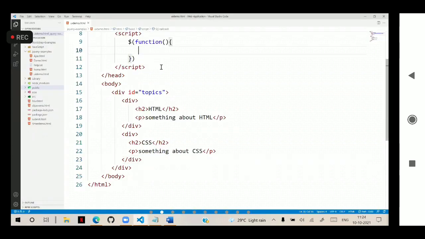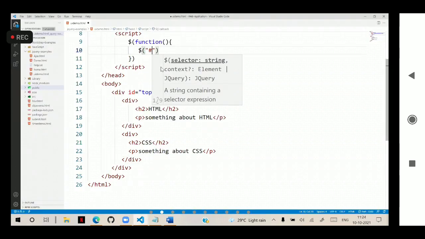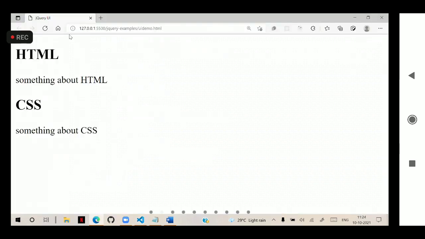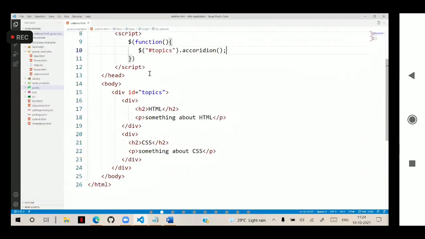Now I accessed that, dollar hash topics. To these topics I am giving accordion. That is the accordion style I am applying for that topic. And for the topics when you are giving accordion, that accordion is okay. But the content that you display must be